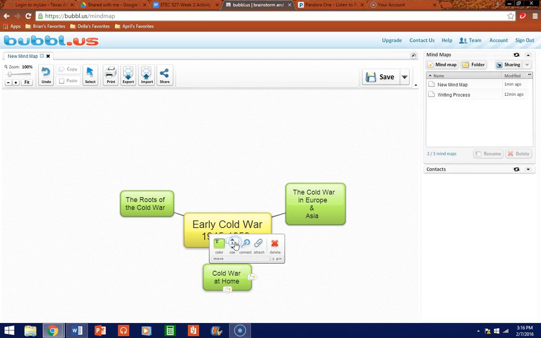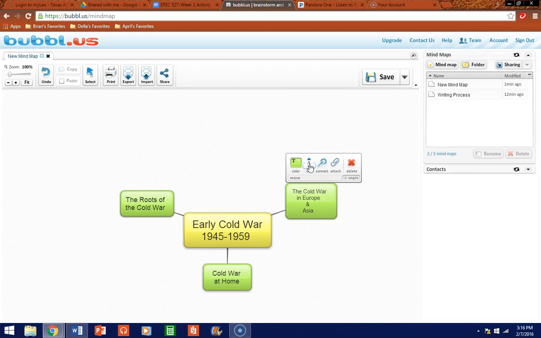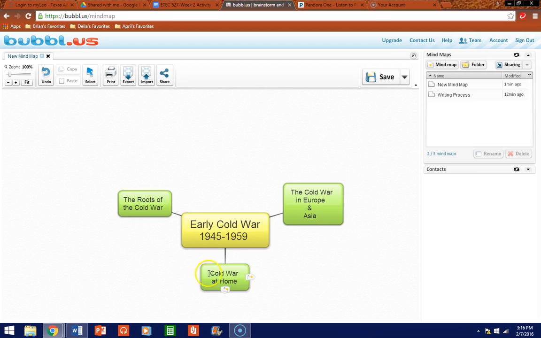I think I increased this too much. So, nope, nope, I did. It just looked bigger. Alright, so we got 3 bubbles. That's how you